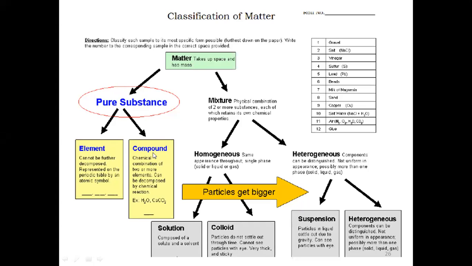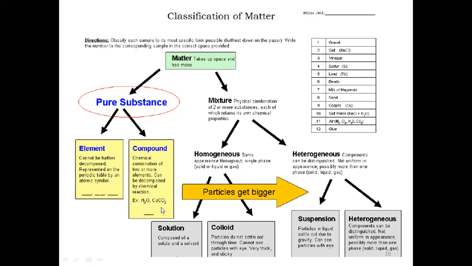If you want to differentiate between element and compound, a compound is the chemical combination of two or more elements. It is very easy to understand. In a similar way, as a mixture is the physical combination of two or more pure substances, a chemical combination of two or more elements will form a compound. A few examples are given here. Let's suppose water. Water has two elements, hydrogen and oxygen. Hydrogen in the pure form is an element. Oxygen alone is an element. But when these two elements are joined together, they form a compound, and the compound here is water. Another example is calcium